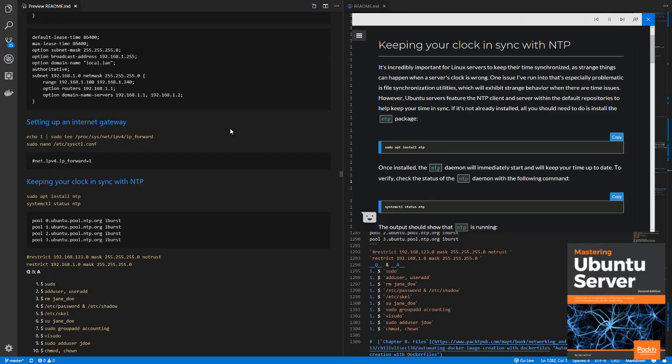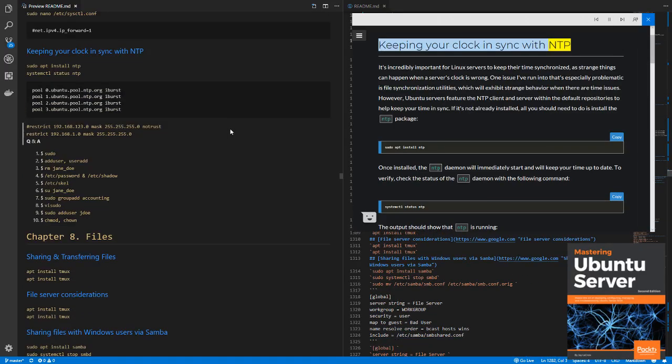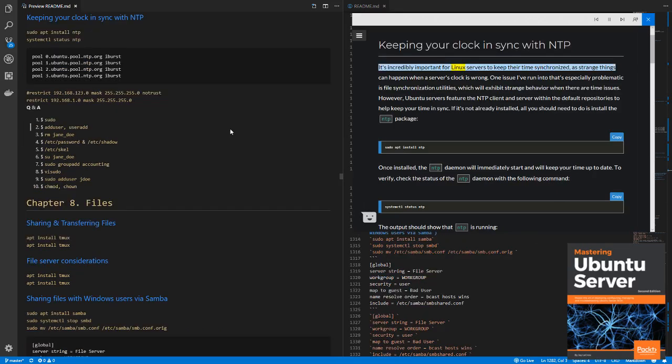Keeping your clock in sync with NTP. It's incredibly important for Linux servers to keep their time synchronized, as strange things can happen when a server's clock is wrong. One issue I've run into that's especially problematic is file synchronization utilities, which will exhibit strange behavior when